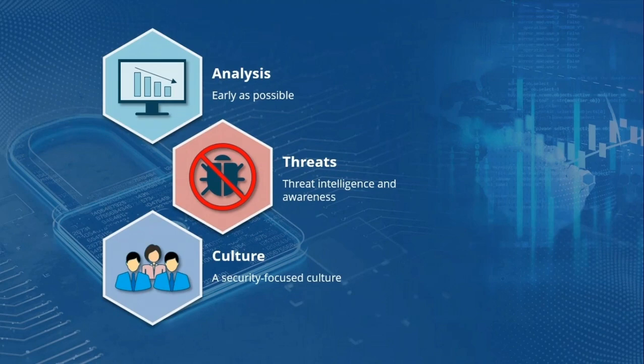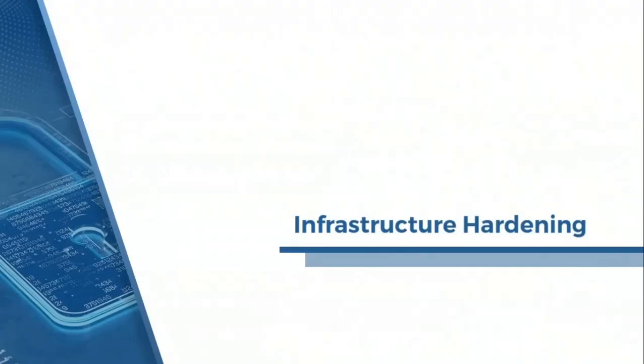And finally, culture. No matter what else you do, if you don't have a security-focused culture, your other security processes, procedures, and activities will be far less effective, and in some cases, completely ineffective. And a culture starts from the top-level executives. So the people at the top have to infuse the organization with the secure steps, which we'll review in this video. But keep in mind that before we talk about policies, app development, things like that, it's important to have a security-hardened infrastructure.